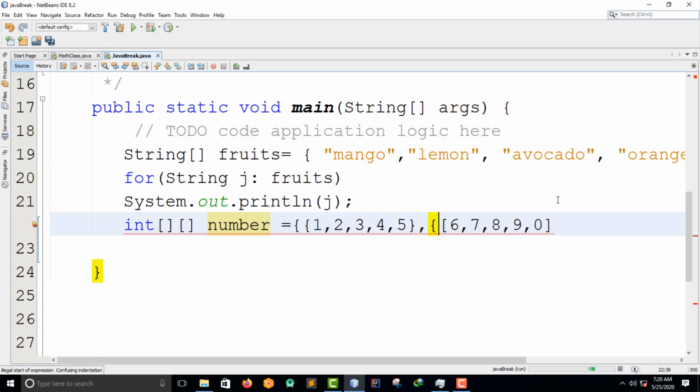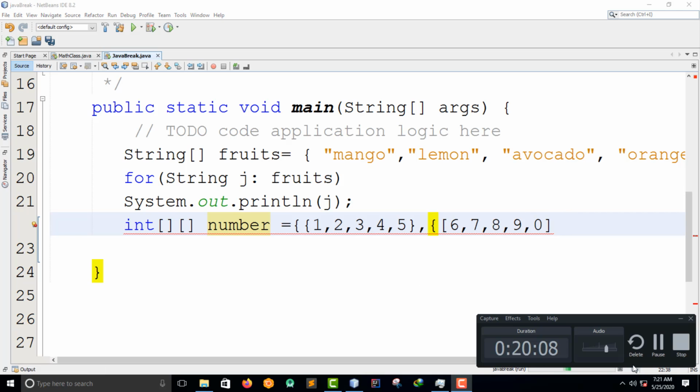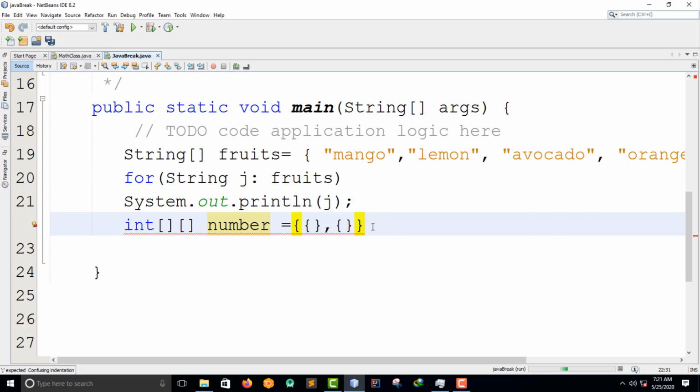Hold on. First, this is the simpler way. The first curly braces is for this array, and the second one is for this array, but it's in another curly braces which is in one package. So here inside here I can have 1, 2, 3, 4. And then here I can have 5, 6, 7, 8. So I can put a comma here, comma, and another comma. Then I can here, comma, right? So this is it.